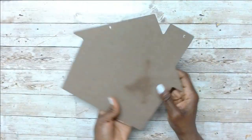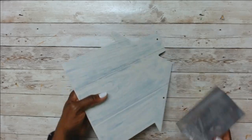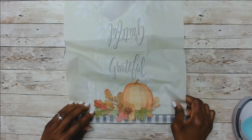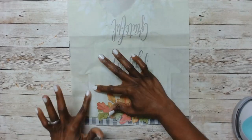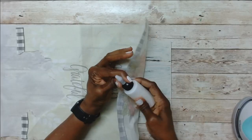This is the house sign from the Dollar Tree, and I painted it with my Oops paint, gave it one coat and distressed it a little bit. I'm going to use this napkin middle part with the pumpkin and the leaves and the word grateful. I thought I'd leave that there as well. And I used my finger to give me a guide as to where I needed to put the napkin